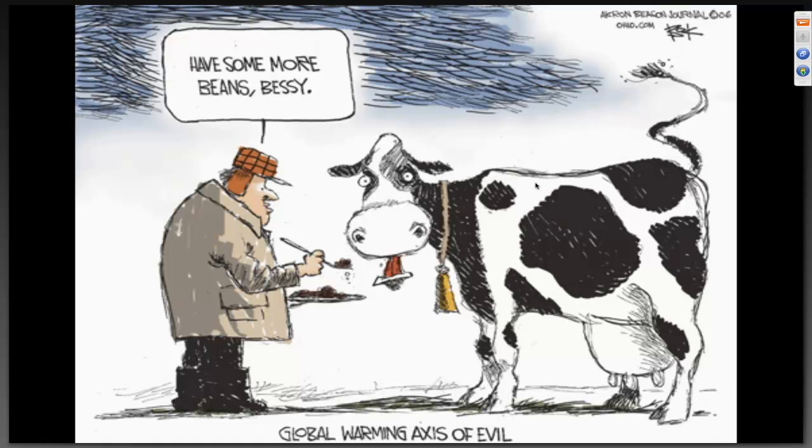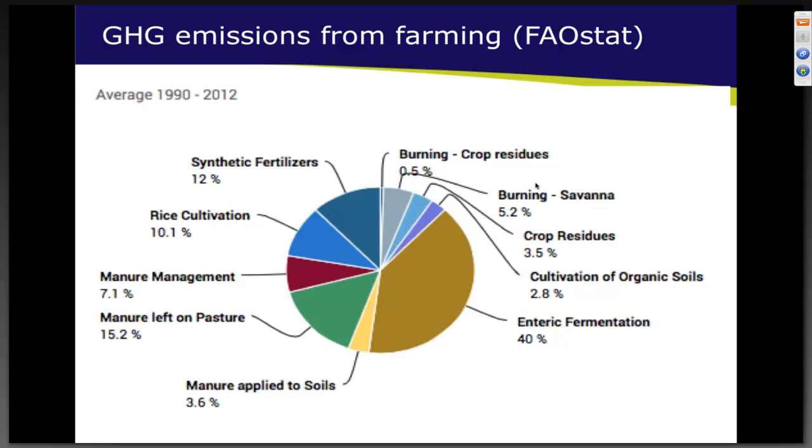This is the main source of greenhouse gas in farming. It's what the cow emits, mostly from the front, some of it from the back, and it's inevitable. A graph from the FAO again, you see the brownish largest bit is enteric fermentation. That's the methane that the cow burps while producing milk from grass, and it's inevitable. It's part of its metabolism. It's in fact the only way of producing milk.